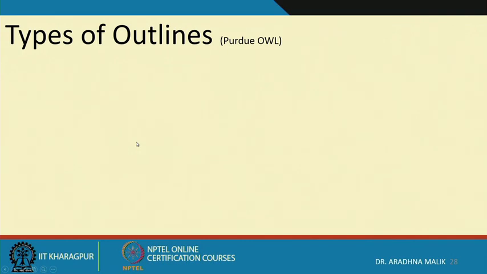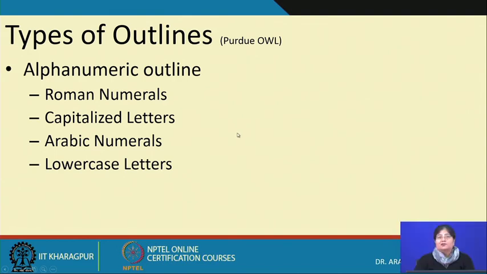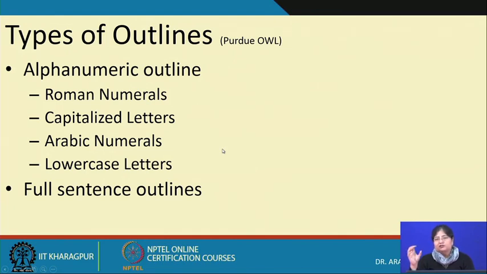Okay. Now, different types of outlines are there. You could have an alphanumeric outline, which could contain Roman numerals, capitalized letters, Arabic numerals, lowercase letters, etc. You could have full sentence outlines, where you write full sentences instead of just the main points. You could write full statements that describe what is to follow or what needs to be included, and